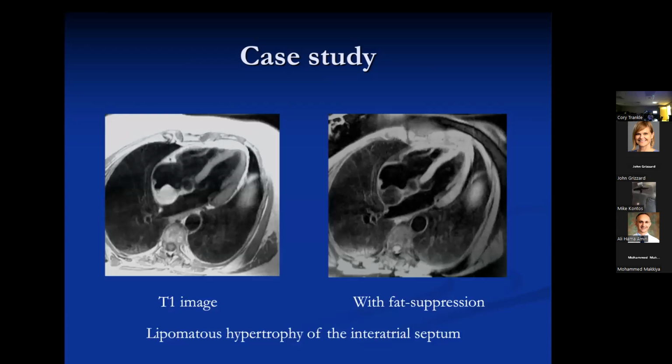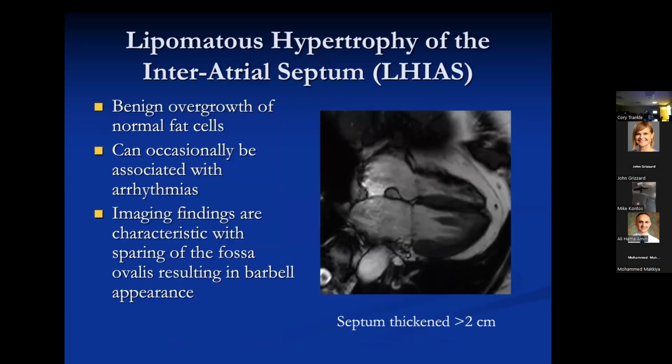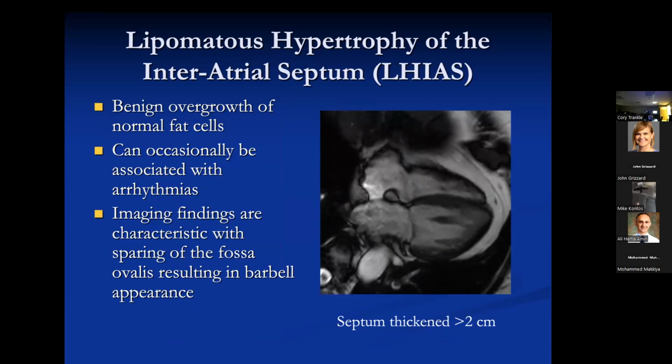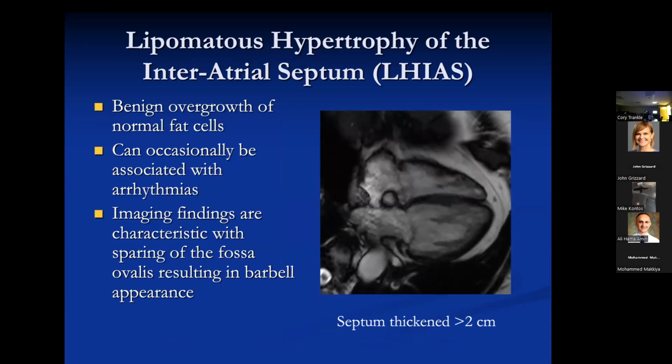The only thing that's misleading about this is that these can actually kind of go up into the mediastinum or be contiguous with mediastinal fat and even kind of encroach on the SVC. So I think they get intermixed in case studies or in literature reviews with lipomas, true lipomas. But these are a little different. They're not an encapsulated neoplasm. They're benign overgrowth of normal fat cells. And although people talk about an occasional association with arrhythmias, in my experience, they're almost always incidental findings.